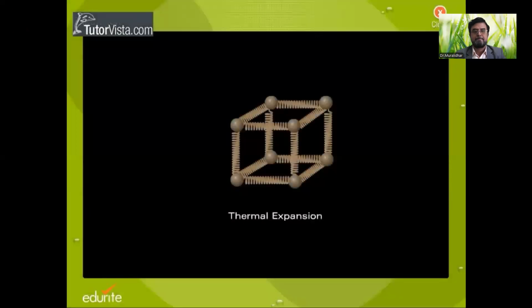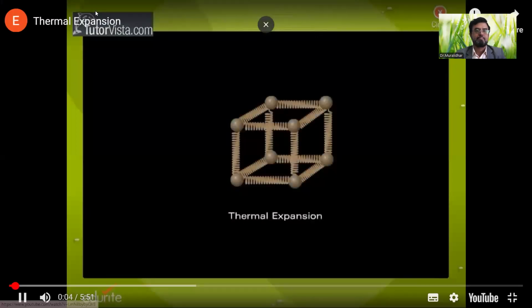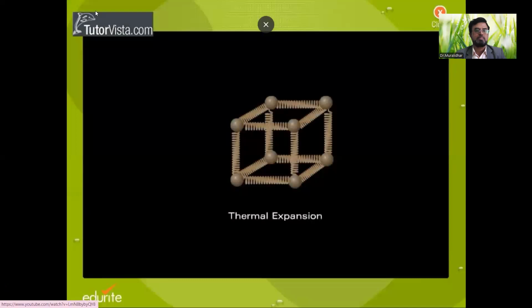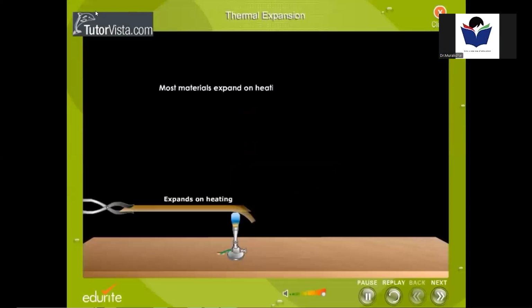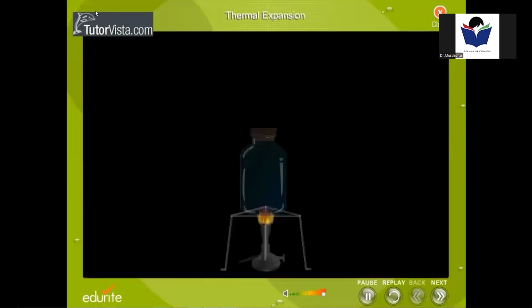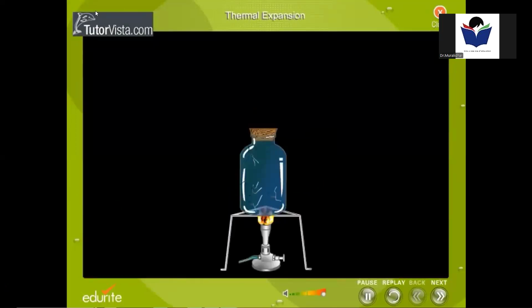Thermal expansion. Most materials expand on heating while contract on cooling. Displayed here are the examples of thermal expansion. A completely filled and tightly capped bottle of water cracks when it is heated due to the expansion of water